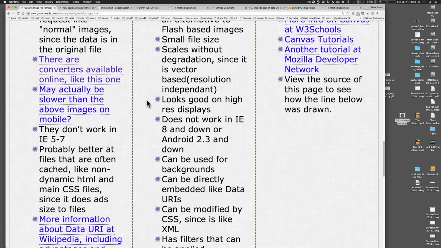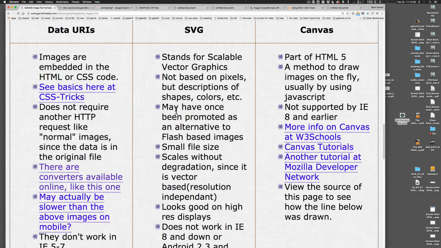Okay, so the next one is SVG, which stands for Scalable Vector Graphic. What that means is it's not based on pixels, but it's descriptions of shapes and colors, etc. If you've ever used Illustrator or a vector drawing tool, that's kind of what it is. Instead of having to describe every pixel in a circle,